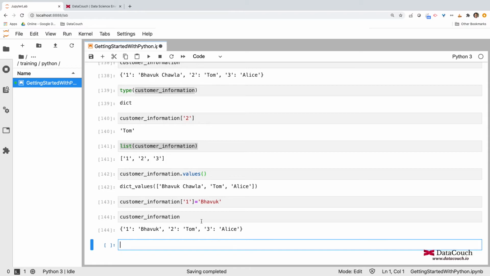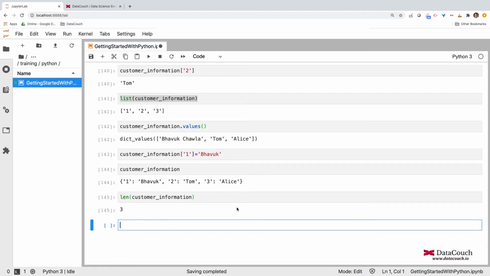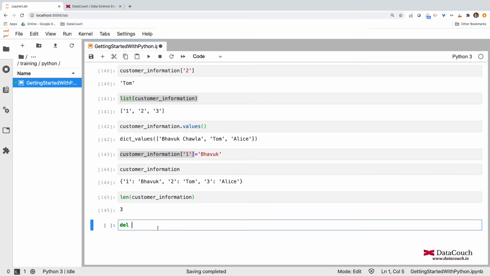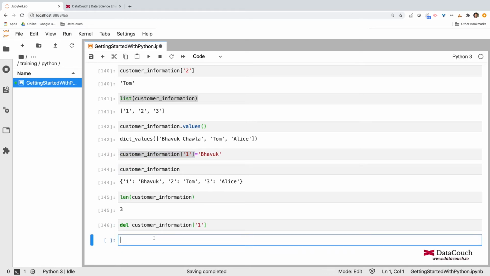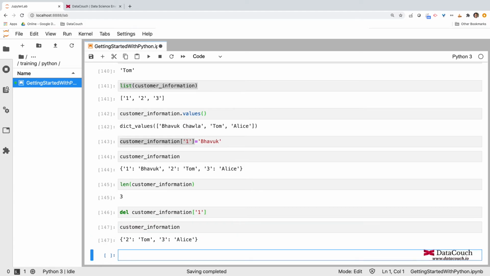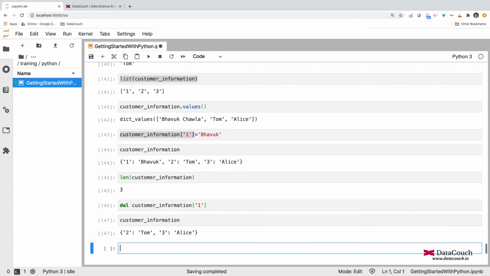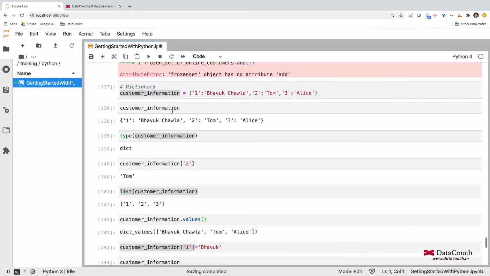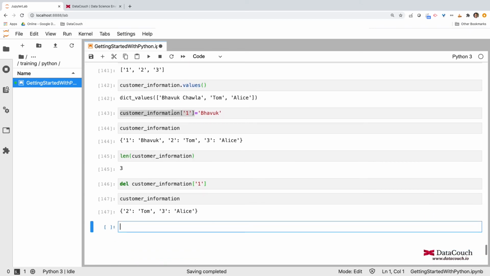Now you can also find out the length of the dictionary by using the len method, and you can delete a specific key from the dictionary. Let's say I want to delete a specific element from the dictionary, so I can just copy it and say delete. Then this will look like this, and if I show you the content, now that particular element is not there. So that means dictionaries are mutable. You can update a dictionary. Dictionaries are very useful data types for a lot of cases wherein we want to do lookup based on the index.